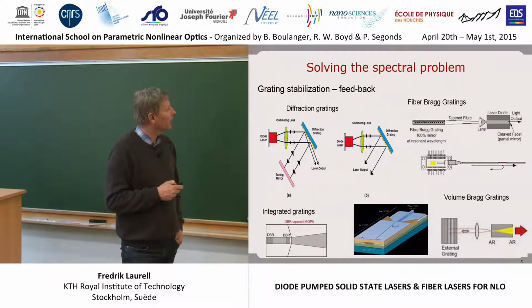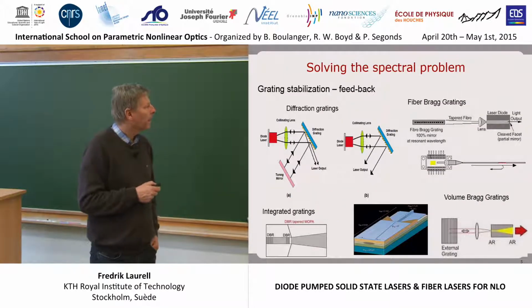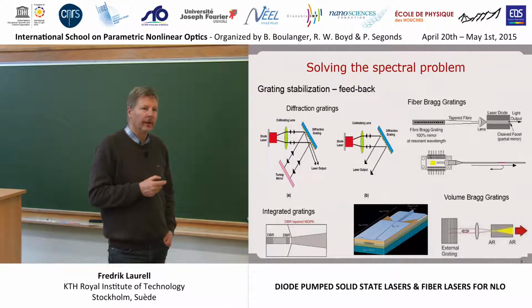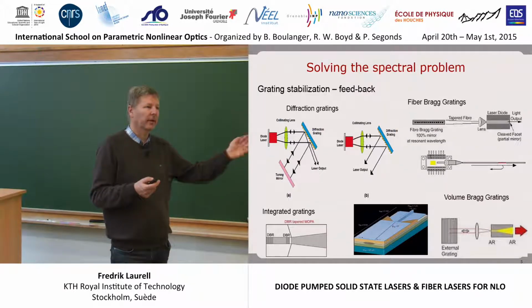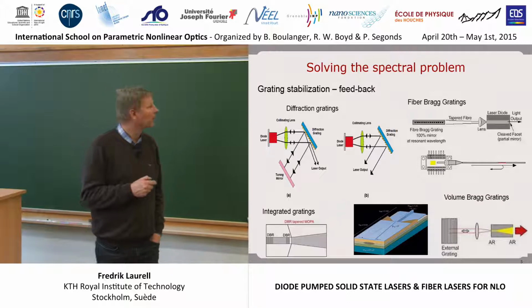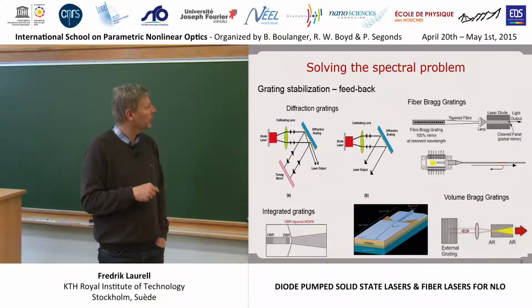Okay, so now you know about lasers. The main problem with diode lasers is maybe their spectral problems. They are sensitive to feedback, and they jump around, and when you change the temperature, they change the spectrum maybe over 10, 15 nanometers. So you have to lock the wavelength, and you can do it with a conventional diffraction grating, but it's rather